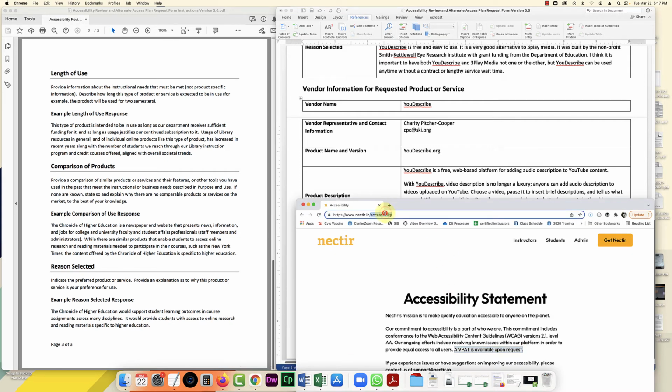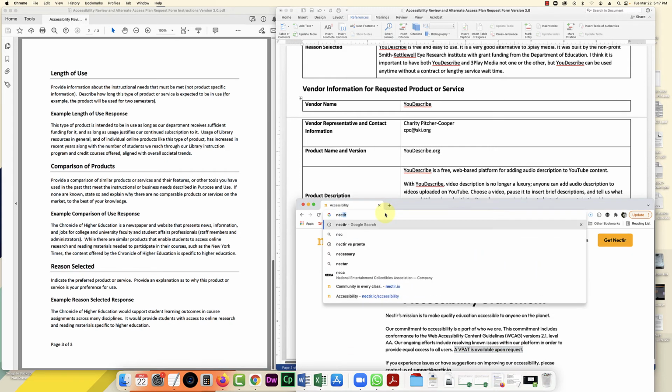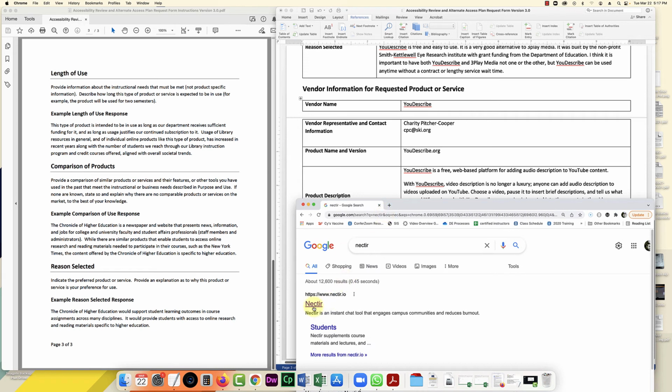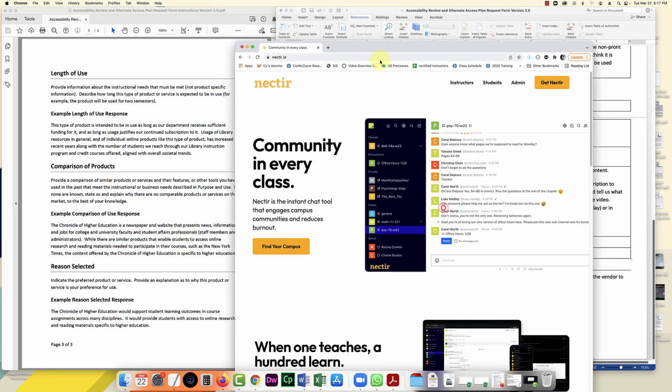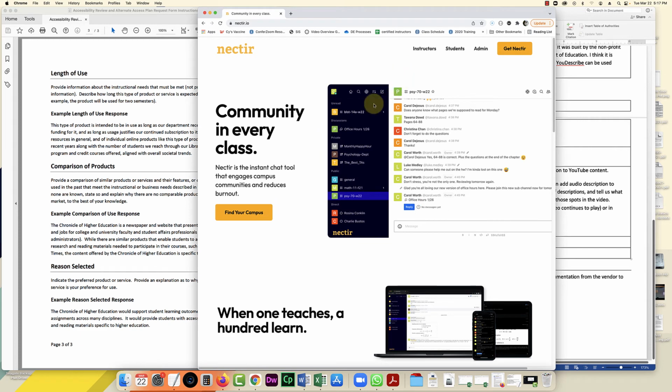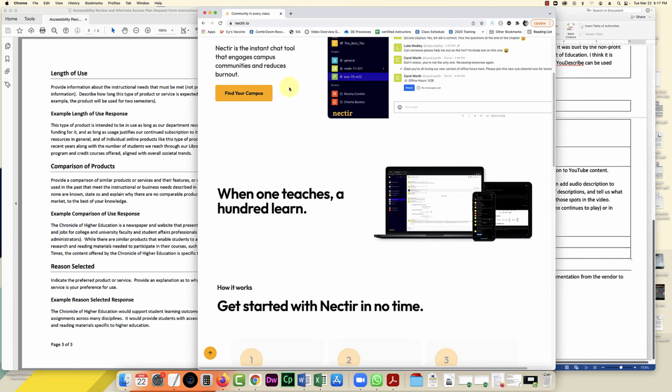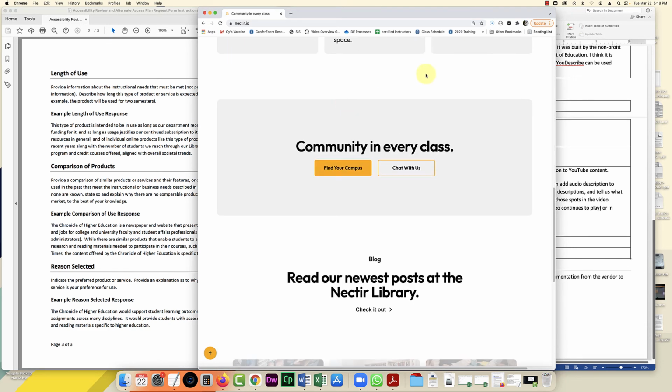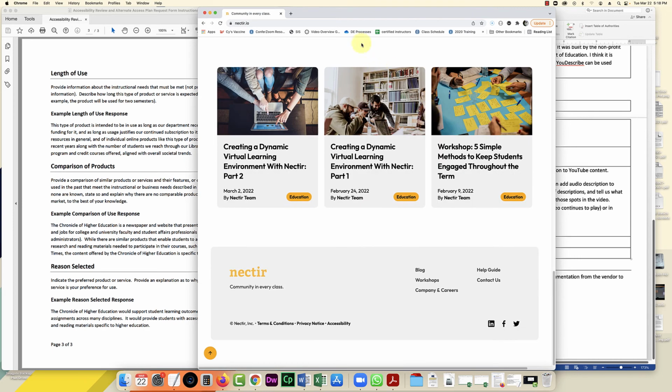So there's another instructor that was curious about this software called Nectar, which is just some communication software that works inside of Canvas. And when you scroll to the bottom of their website, you can see they have a little link here for accessibility.